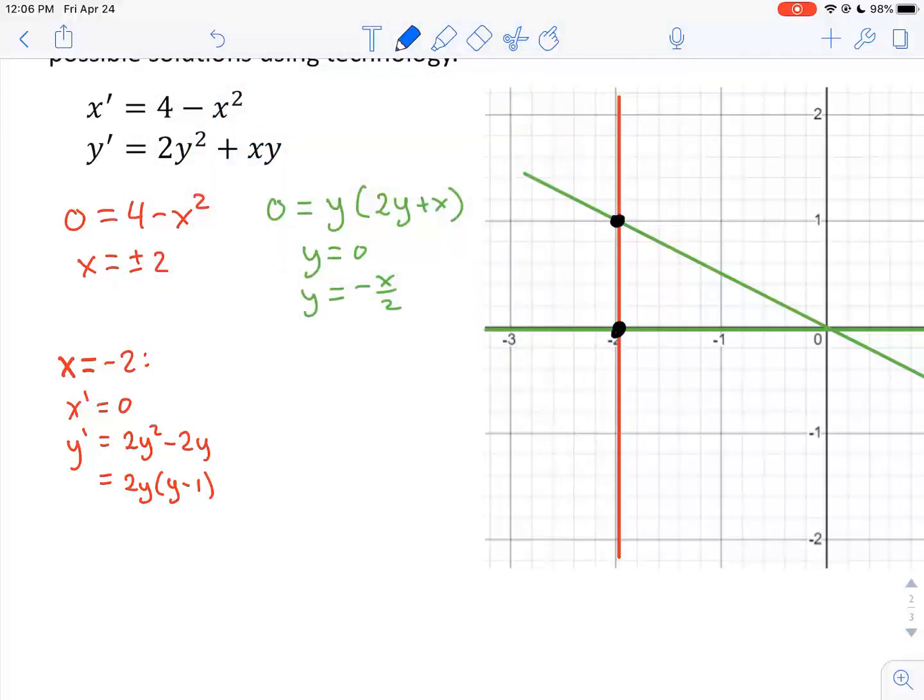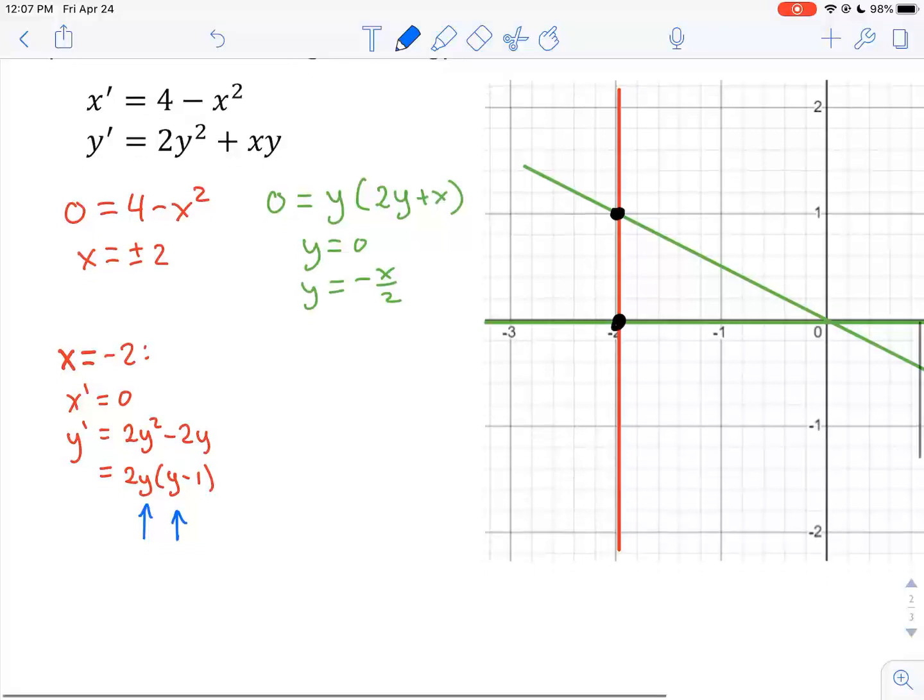So if we're above this equilibrium point, go above that one. Plug in y coordinates that are more than 1, like 2, for example. Plug in 2 for the y's. And what sign for y prime do we get? We get a positive. In fact, the further we go up, the more positive it becomes. So we have solutions that are getting away from that equilibrium point if you pick y coordinates that are more